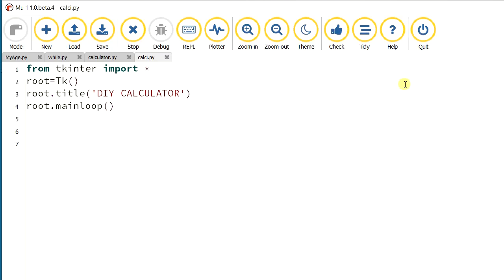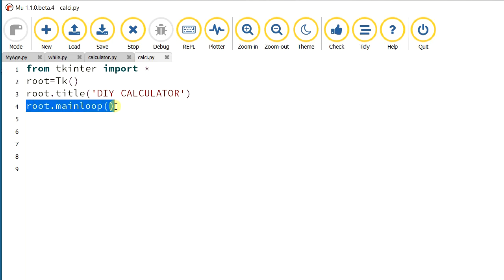Fine. For our easy understanding, note that this root.mainloop should be placed at the last line of the project when you are doing this calculator, because it will cause running errors if you keep it in between.